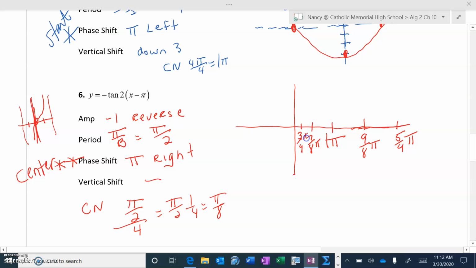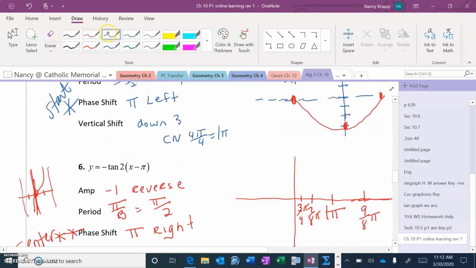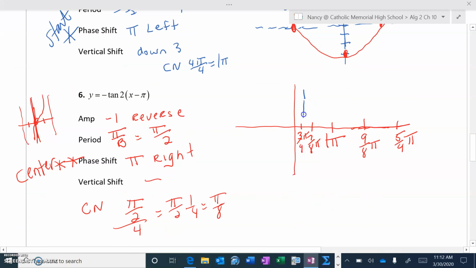So I should move my axis over, but I'm just going to leave it. So I'm going to put my asymptotes in then. My asymptotes are here and here. And again, it's not drawn very well to scale, but this was my center. And then I have a reverse amp. So normally it goes up here to its amp, but